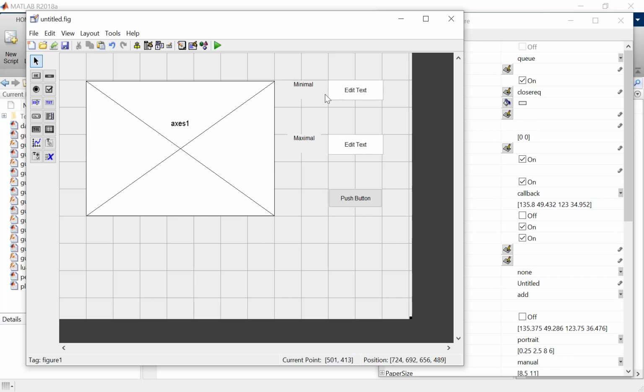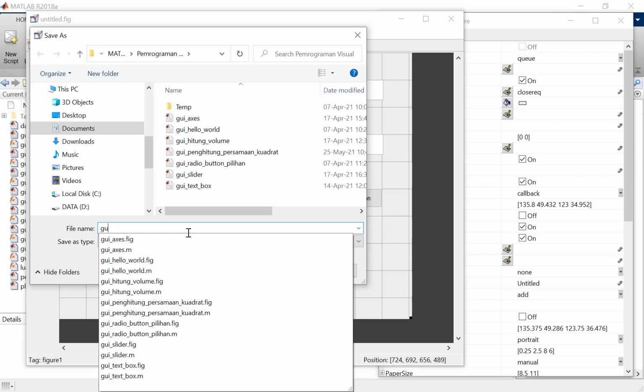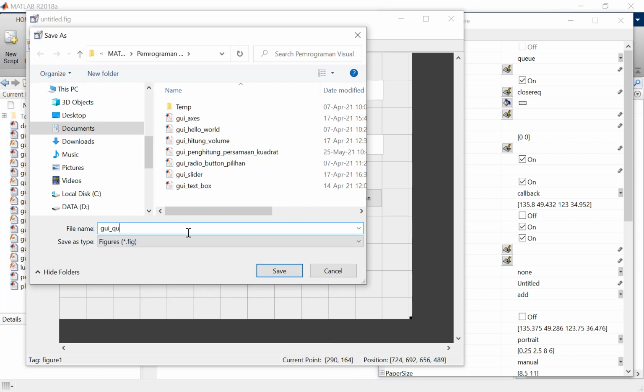After we finish making the design, we can save by Control S, and then we can save with the name quadratic function.